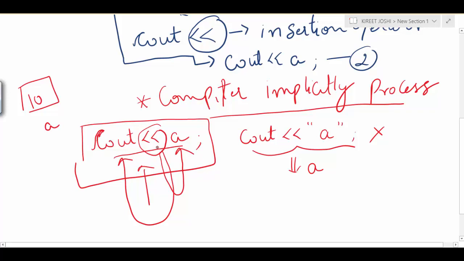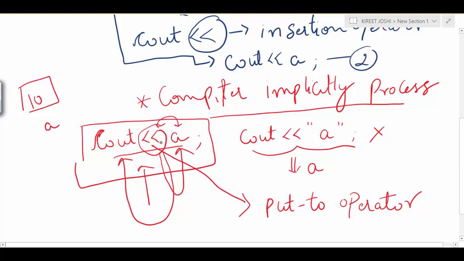This insertion operator is also known as the put to operator. The other name is put to operator because it is providing the value of the variable that accompanies it, or the particular string that is embedded to it, that is being followed by it. So this provides it to the output object.